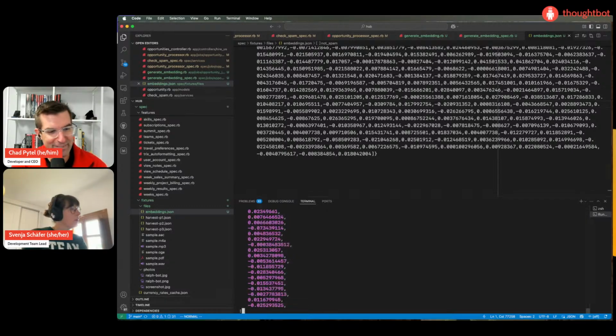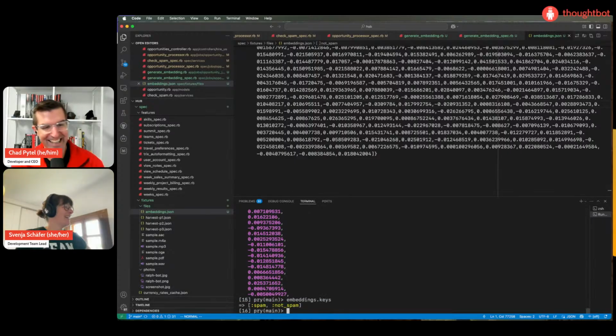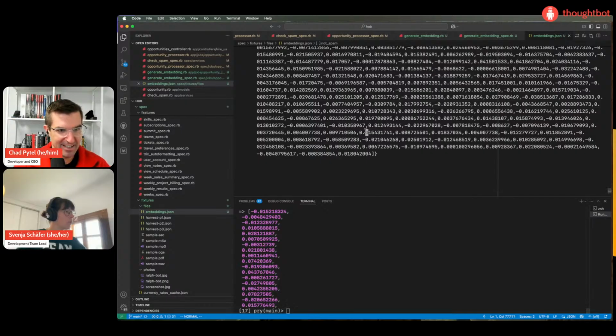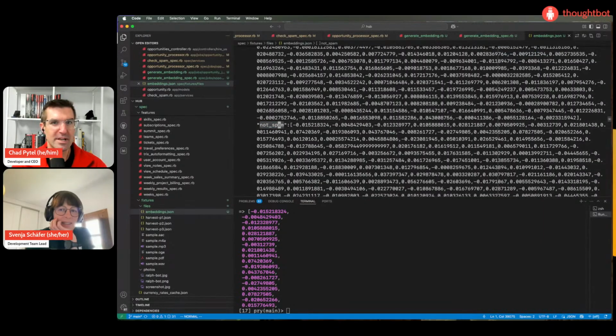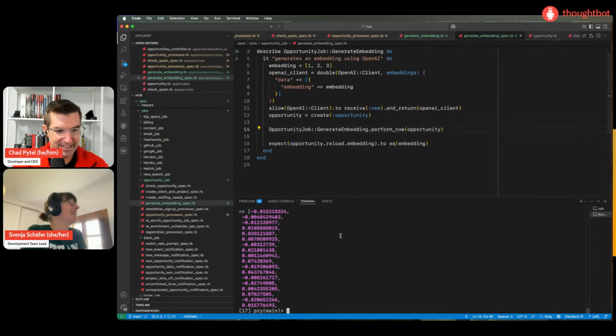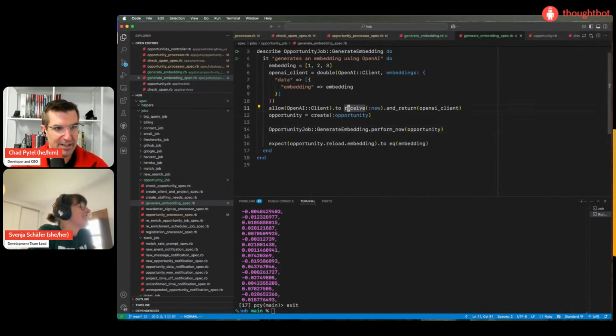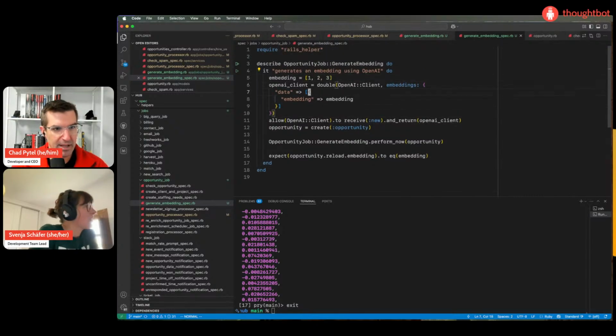This is a very bad way of checking. Embeddings.keys, but there it is. Where's the dinosaur? Oh, there it is. Okay, crisis averted. Yeah, I like to double check.